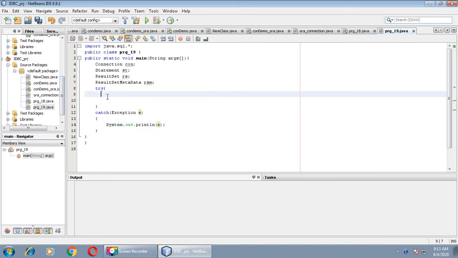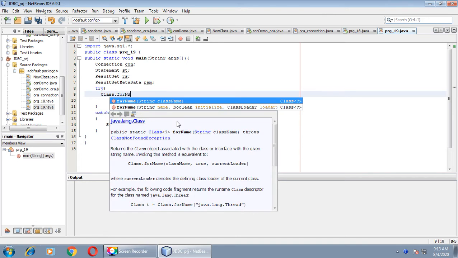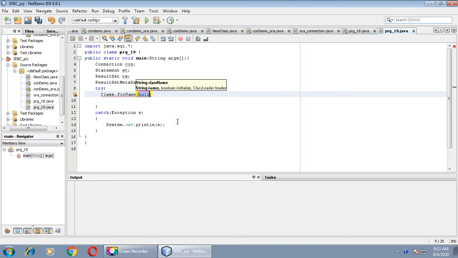Okay, now our code begin. First of all, we need to do the connection. For that we will register the driver. As usual, we will take class.forName method for the registration of driver, right? Then inside the double quotation, sun.jdbc.odbc.JdbcOdbcDriver,